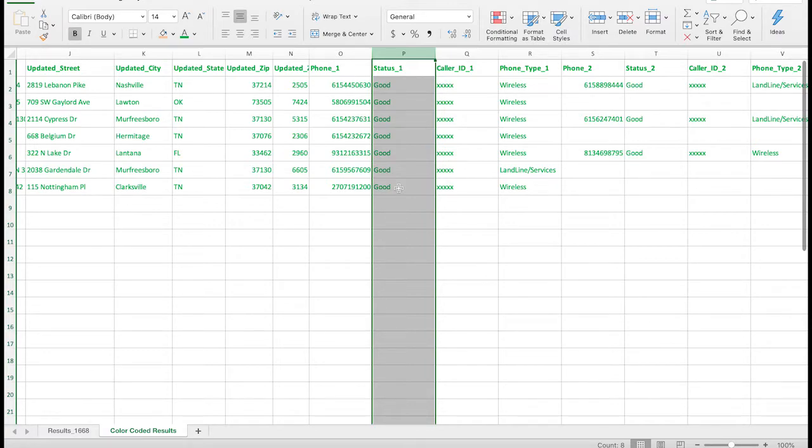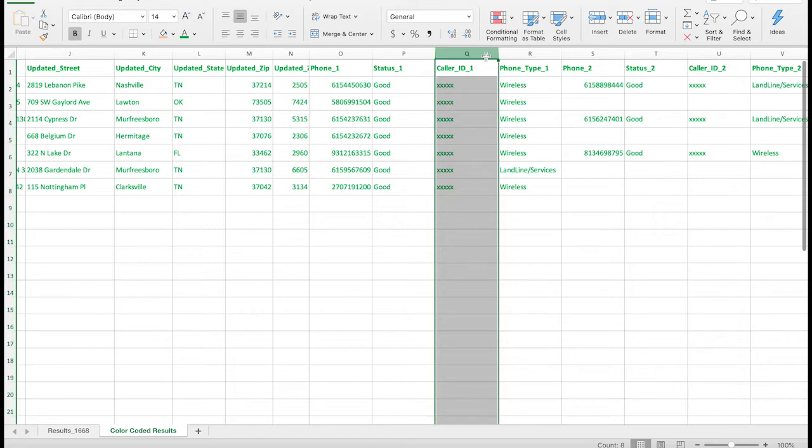BellsLink tests every phone number that comes back in batch search results, and we delete any numbers that are disconnected, fax numbers, or non-working. So in BellsLink batch search results, every number you receive will be a working number. We delete all the bad numbers to save you the time of calling them. We don't want you to waste your time calling those numbers, so we just take those out right away.